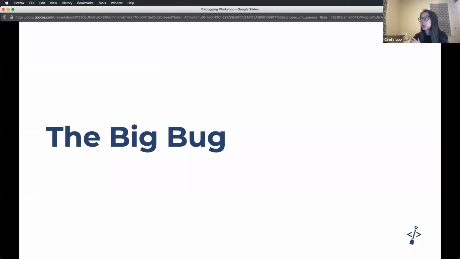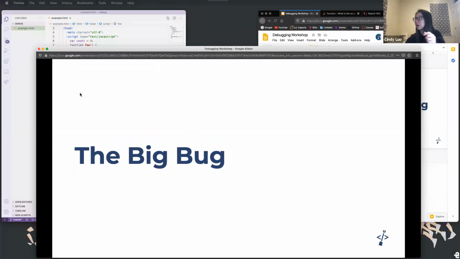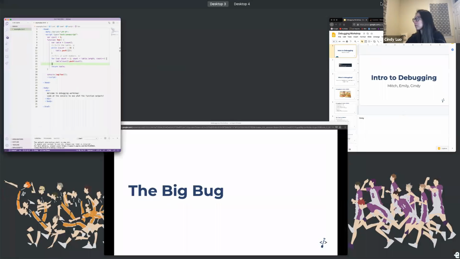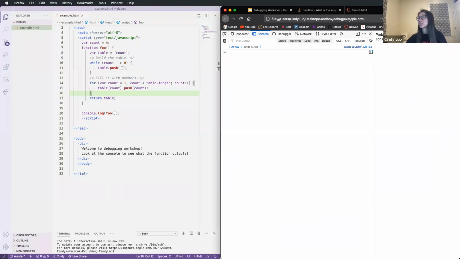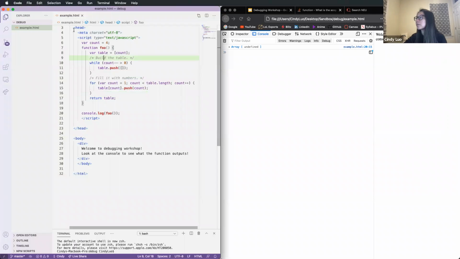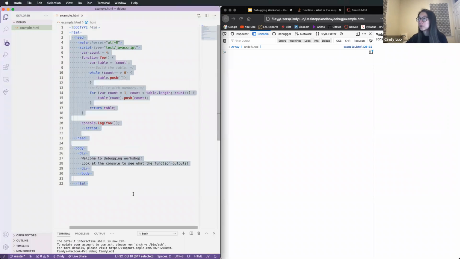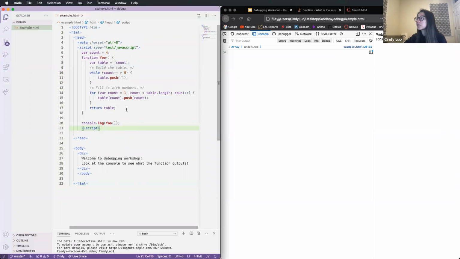So right now we're going to go through a practice for debugging. We have prepared a program earlier, and this is basically the code of the program, a very simple HTML with one function in there. What this program does is that it first initializes the count to be 4, and within this function foo,